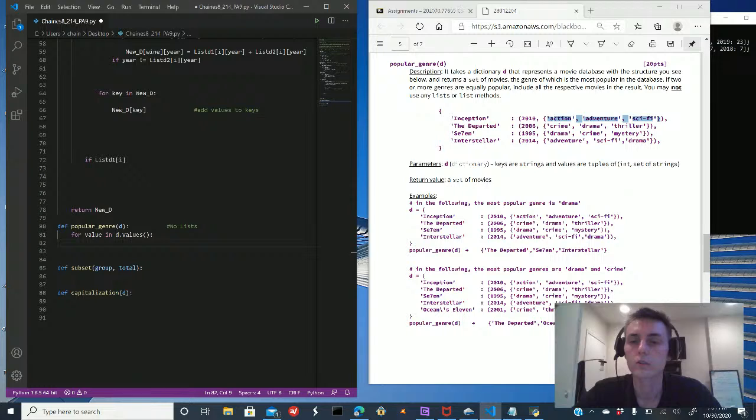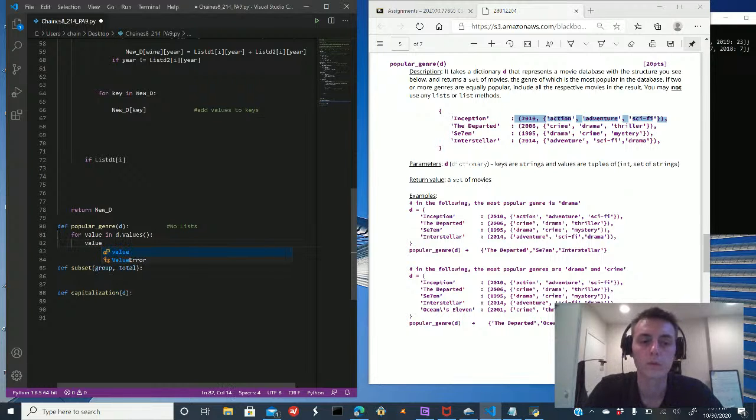So this is saying, oh, this is one value. So it'd be like value. I'm just going to say for year again. So for year in dictionary values,